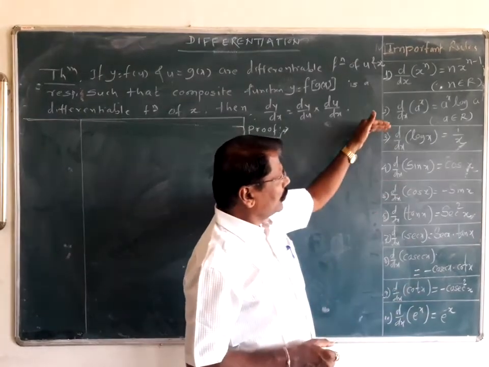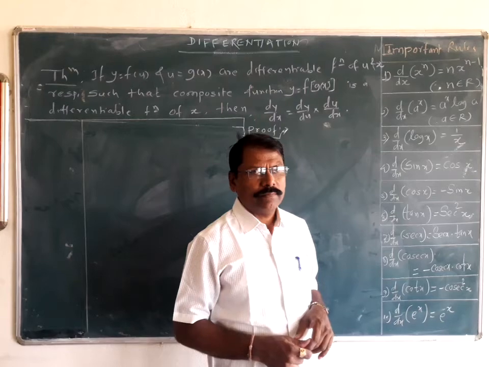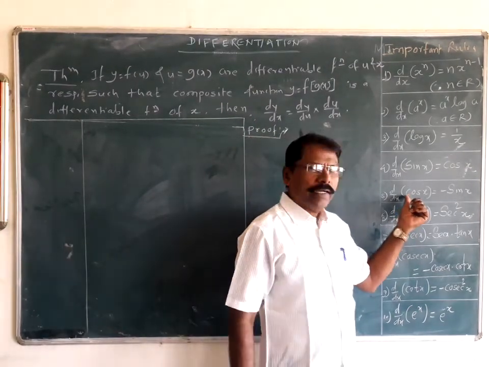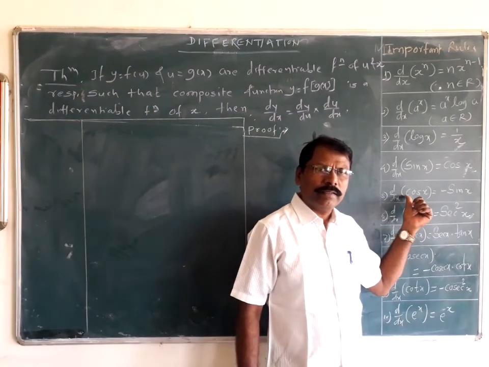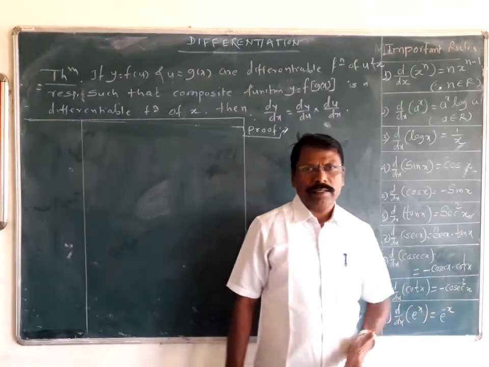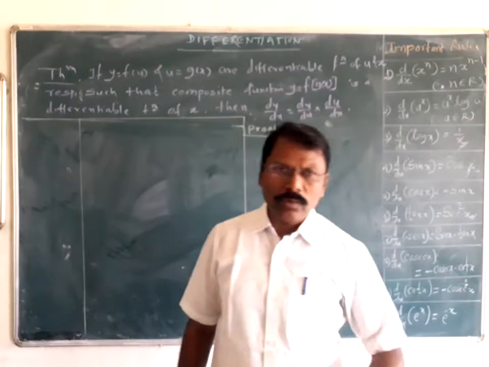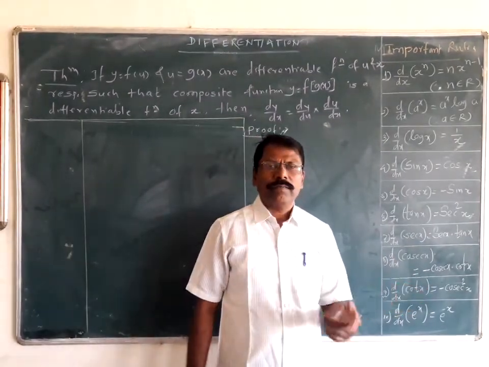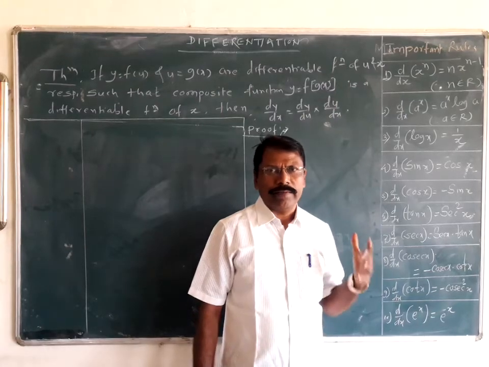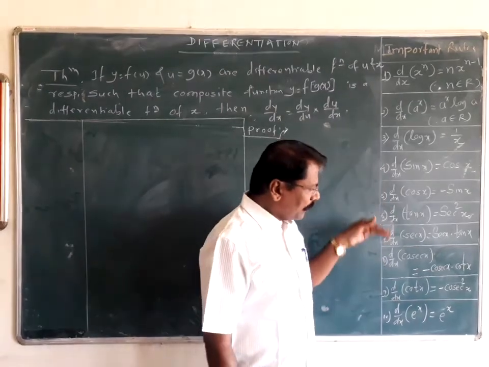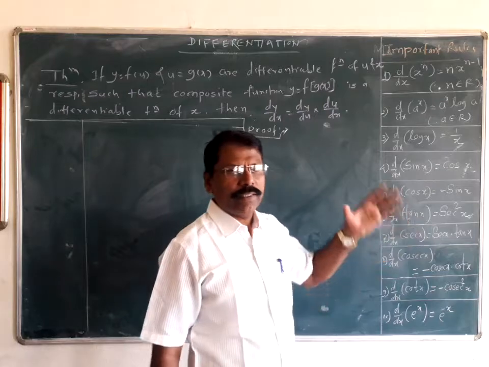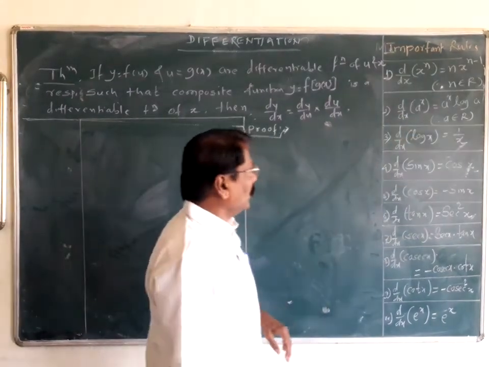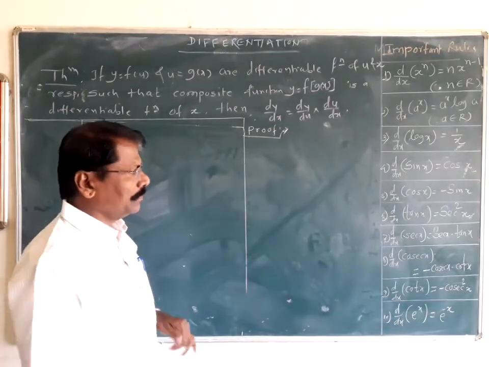Now, if you observe the trigonometric functions, that is my observation: if the initial letter is a c, their derivative is negative. These rules are a key for further study of derivatives. Now, with the help of these, some more results, the algebra of derivatives, I will introduce afterwards. Now, come to the 12th standard. This is a base.